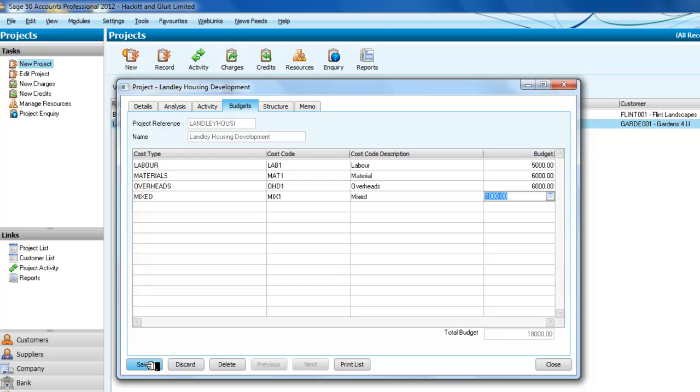my new project. We use projects when we have something, a piece of work we're going to carry out, which is going to last over a period of time. We'll be billing the customer from time to time, but we will allocate some of the invoices directly from the supplier to this project, and you'll see how that is done in the coming podcasts. But we have now set up our project. So save it and